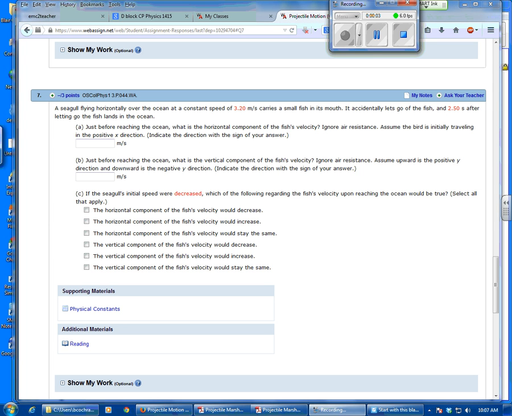So, a seagull flies horizontally over the ocean at constant speed. A small fish in its mouth, and after letting go of the fish, it lands in the ocean. Right away, my first thought,